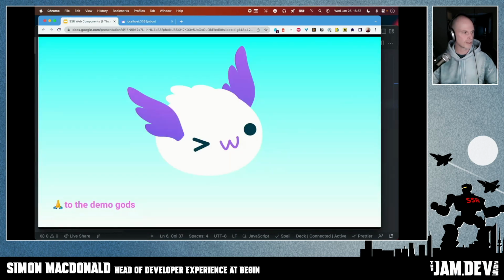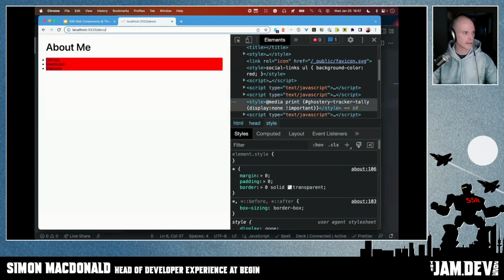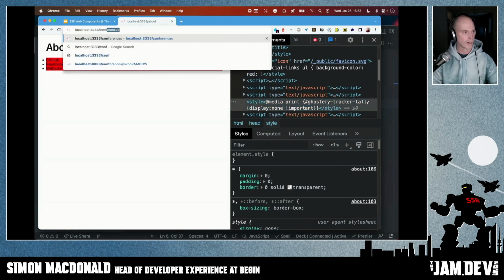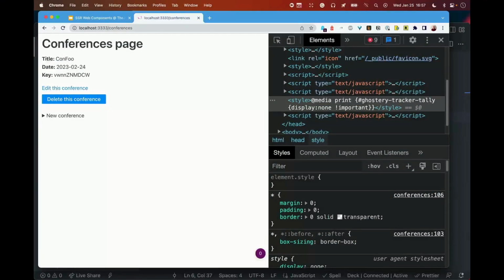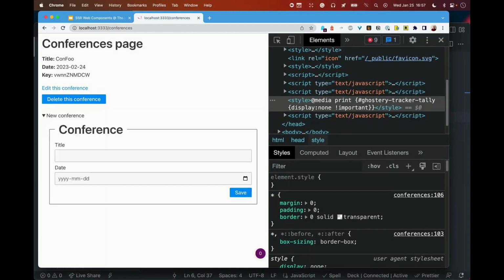The other thing we should take a look at is something I've run before this talk, this conferences thing. I have a conference coming up in Montreal. It's called Confu, and that's the date. But I realized I should probably add this conference in as well. So let's just put in the jam dev, and let's see, it's today.